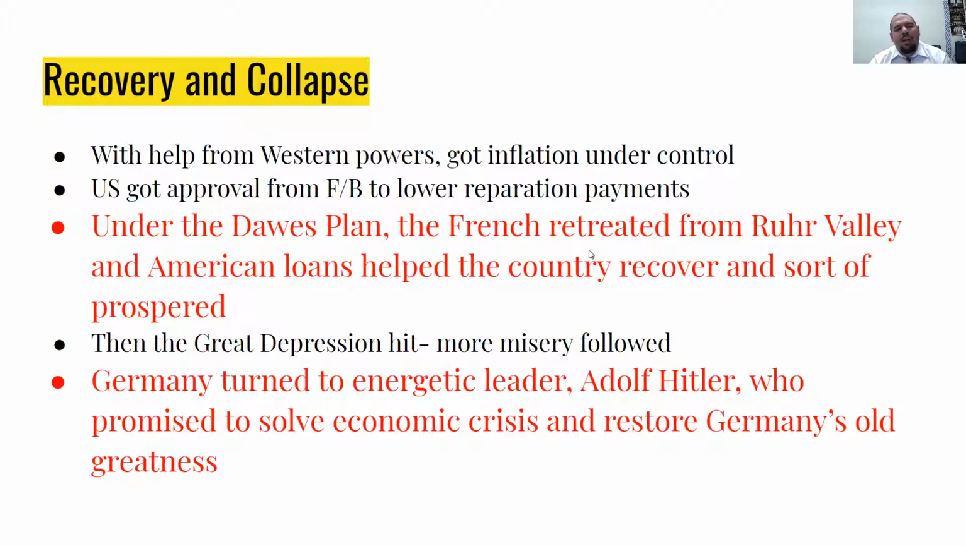Recovery and collapse. So with the help of the Western powers, Germany was able to get their inflation under control. The US received approval from France and Britain to lower their reparation payments so they don't have to pay so high, because almost like, what country was it? Was it France? Yeah, I think it was France,